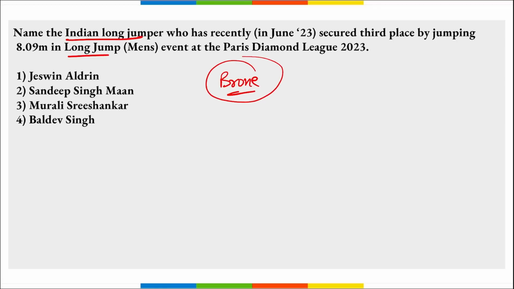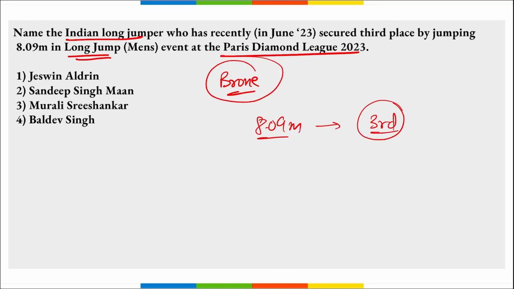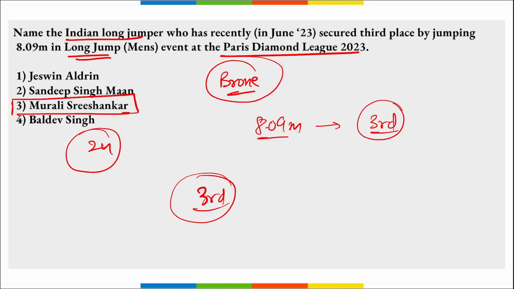इन द मेंस लॉन्ग जंप इवेंट एट द पेरिस डायमंड लीग 2023. 8.09 मीटर का इन्होंने लॉन्ग जंप ली इन हिज 3rd ट्राई. कौन है वो जिन्होंने ये ब्रॉन्ज मेडल जीत लिया है 8.09 मीटर की लॉन्ग जंप के साथ, वो है मुरली श्री शंकर. ठीक है. 24 साल के हैं ये एंड ये 3rd इंडियन बन गए हैं जिन्होंने नीरज चोपड़ा के